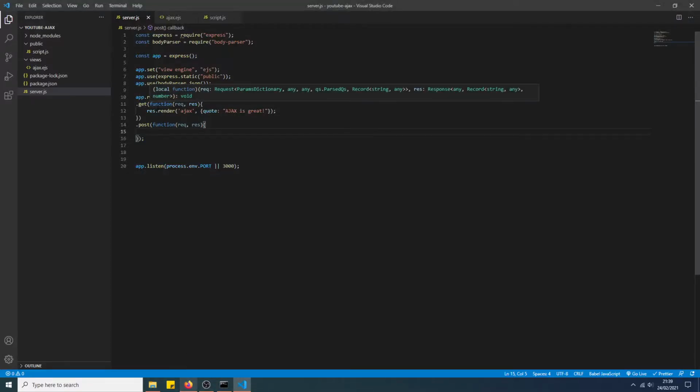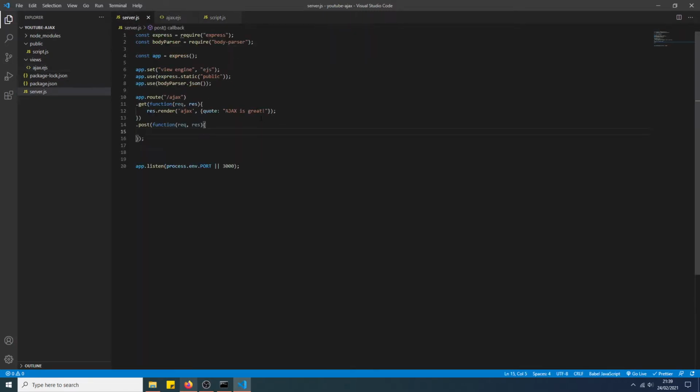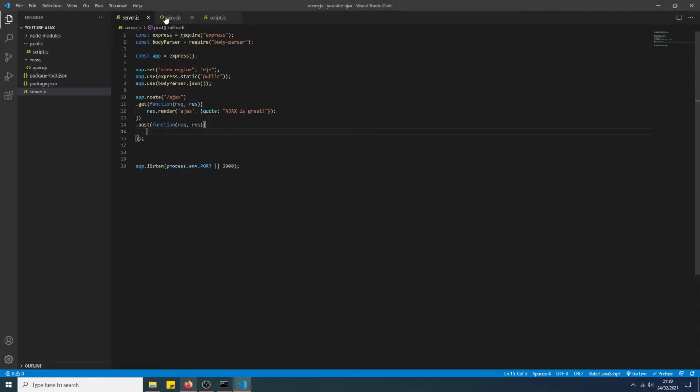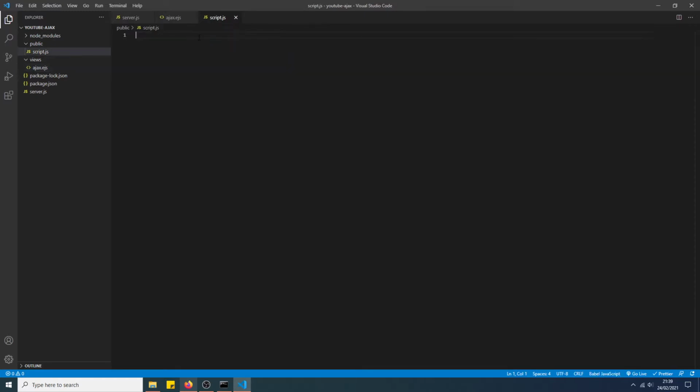The GET method just renders this ajax.ejs file which you have here with the quote, which is currently set to "Ajax is great", as you can see there. The POST method, that's what we're going to do now. On this, again, like I said, we're using a jQuery script, and we're requiring our own script here which we're going to set now. So first things first, obviously we're using jQuery, so